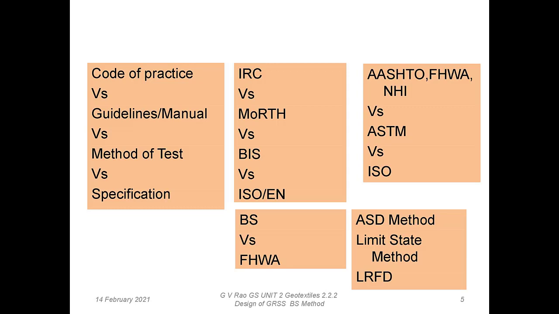And before that, also it was there, but then the limit state method has become more common now. So our codes of practice are going to cover BS 8006 following the limit state method now. In the limit state method, obviously, we have a lot of parameters which are called partial factors of safety. There is also an overall factor of safety. So you understood the differences between these different codes now,